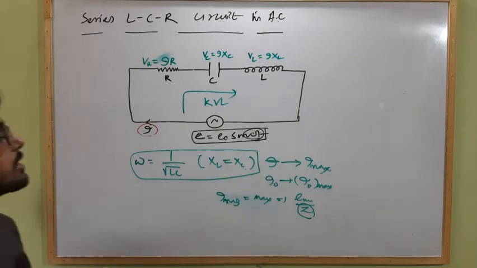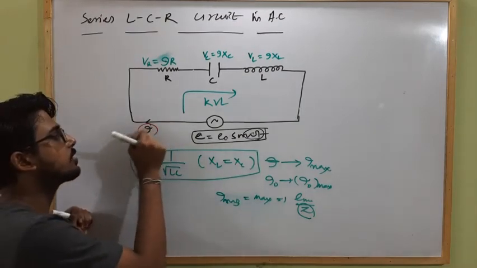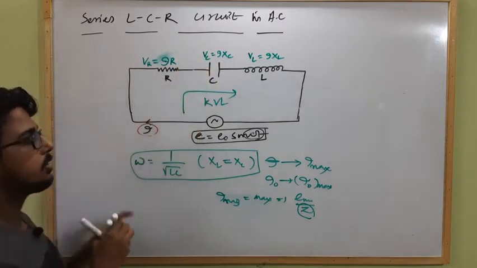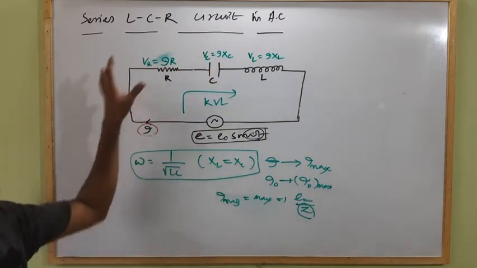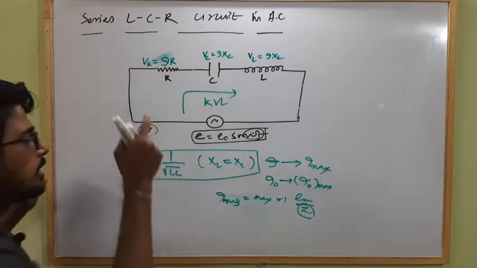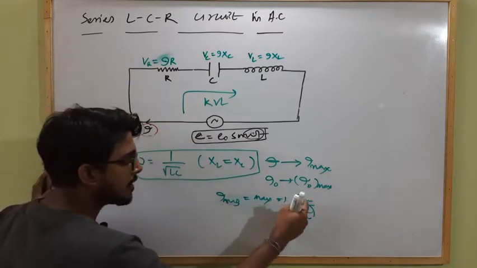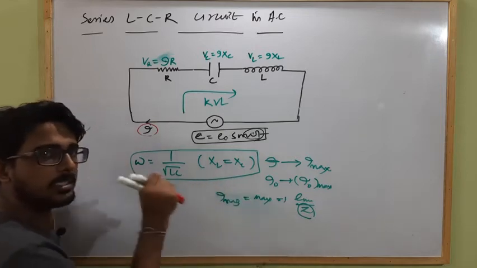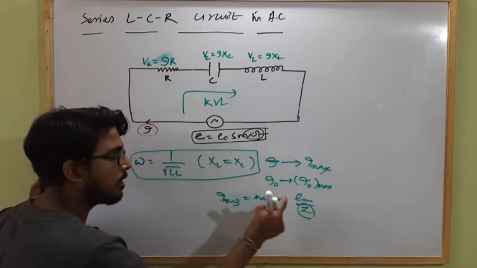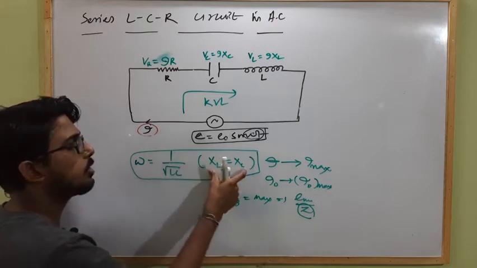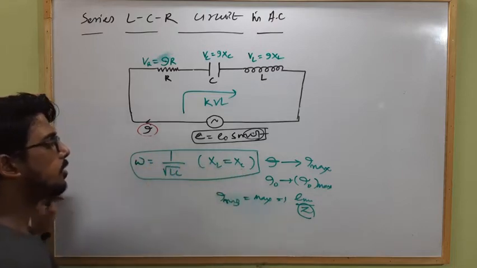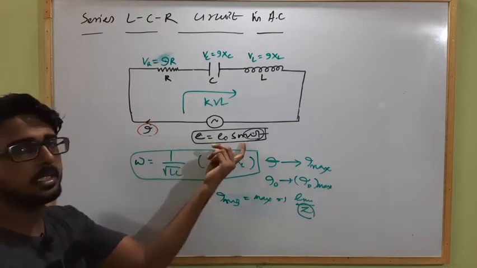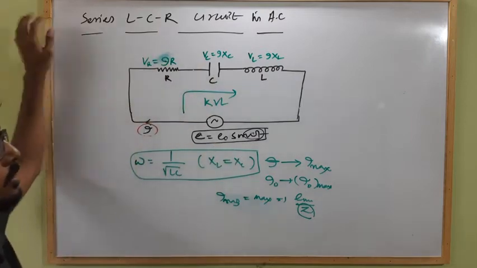Clear? So in an LCR circuit we generally take the value of I RMS and the value of E RMS, for which we are calculating the resistance Z or impedance of the circuit. So when Z is minimum, E RMS by Z equals I RMS, so the value of I RMS will be maximum only when Z is minimum, and Z is minimum when XL equals XC, that means omega equals 1 by under root of LC, and this particular frequency of the supplied potential will provide maximum current through an LCR circuit.